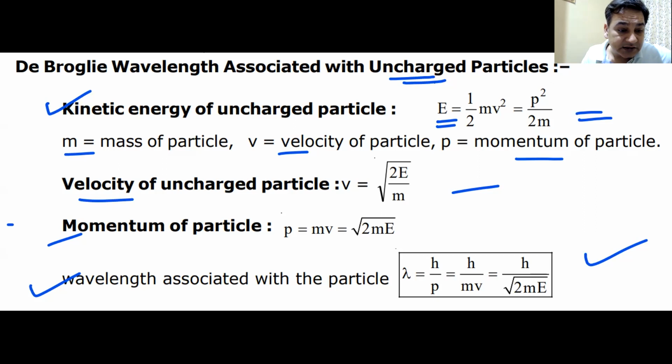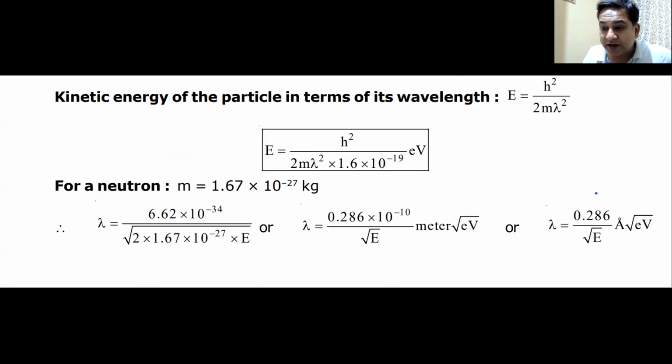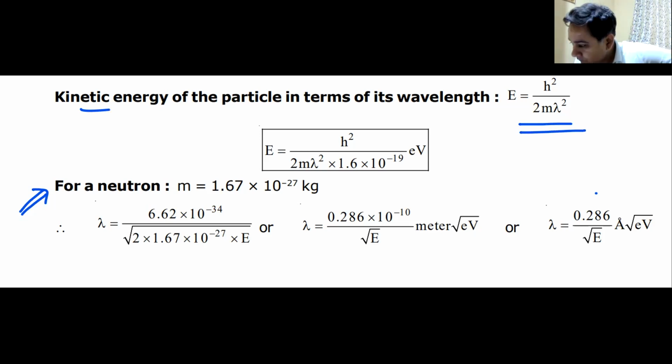And in this uncharged particle, there is a particle that we have missed, and the particle that we have missed is your neutron. Yes or no? It cannot be accelerated by a potential difference, so I'll have to say it in some other way. The kinetic energy of this particle in terms of its wavelength can be written in this form. Different ways of writing the same thing, beta. The more ways you know, the quicker you can do the question.